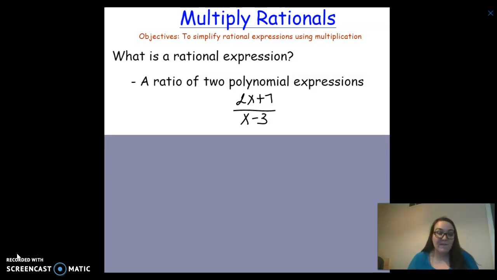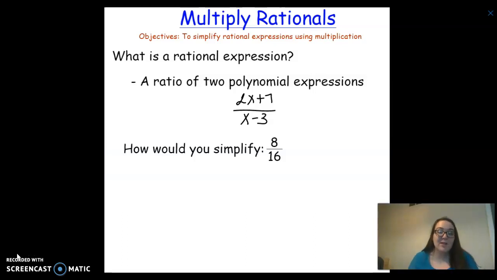Okay, so we are dealing with fractions this week and next week. What I'm going to start with first is something kind of simple, to bring us into what we're doing today. How would you simplify 8 over 16? I would say most of you are going to go, oh, they have an 8 in common, you're going to divide. But what I want to challenge you to do right now is write this as multiplication, okay? So this 8 on the numerator can be written as 8 times 1, okay? The 16 on the denominator, if I want to take what they have in common, can be written as 8